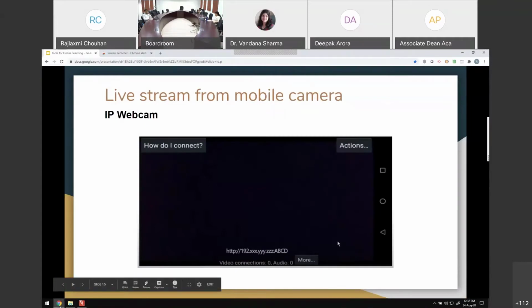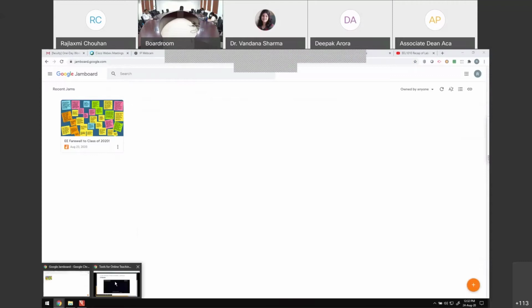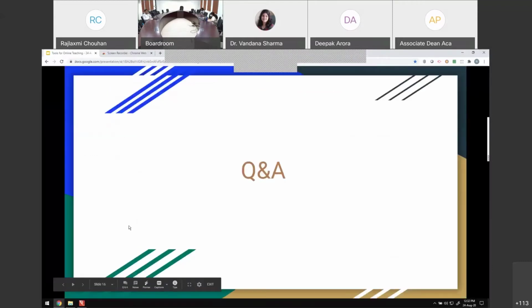One thing to note here is that these apps very quickly drain your battery. So please try to have fully charged phones when you start with this. Normally I have not seen a lag as such, because I've conducted a lot of lab sessions and also live synchronous classes during the lockdown using this. So normally it should not create a lag, but if it does, please turn it off and open it again. Standard troubleshooting. So, any questions regarding this?